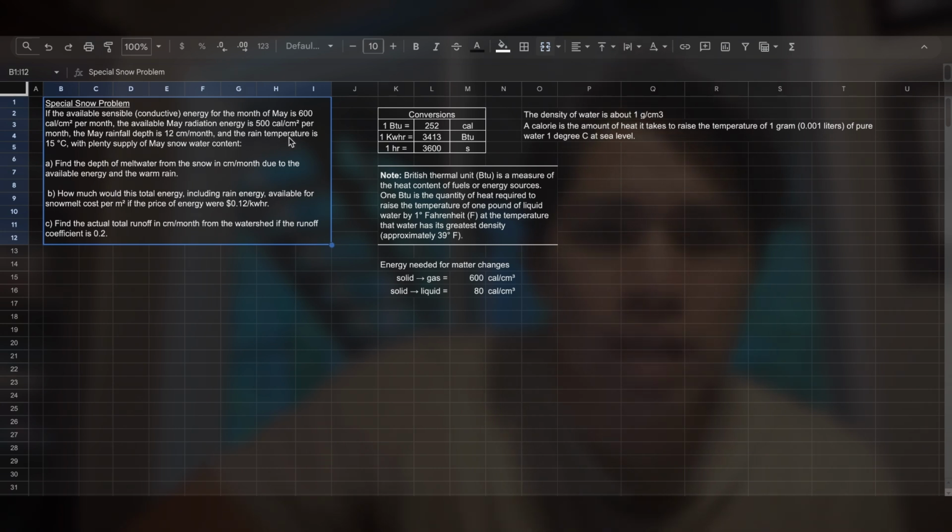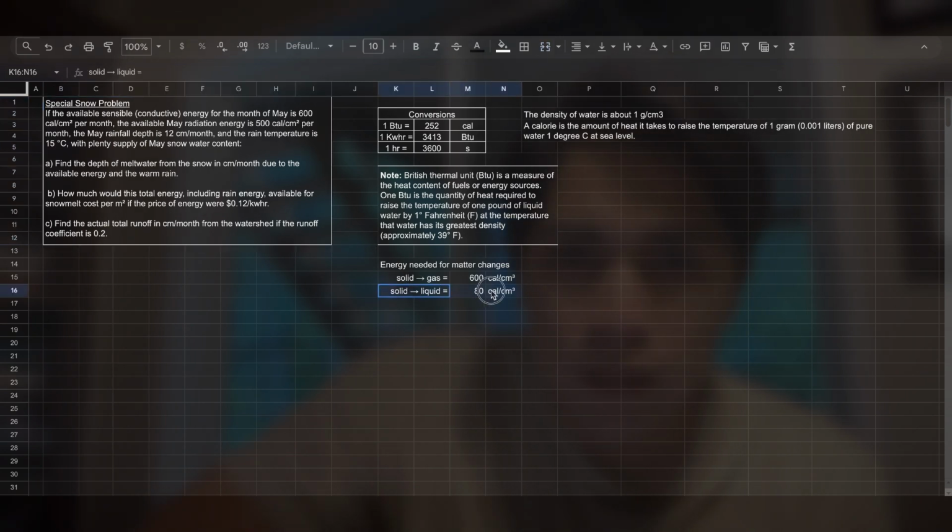It's also giving us the rain temperature, because we're going to need it to solve later. So let's start solving for part A. To solve part A, we need these values here. Actually, we only need this value here, but it's important that you know that to convert, this is an average,